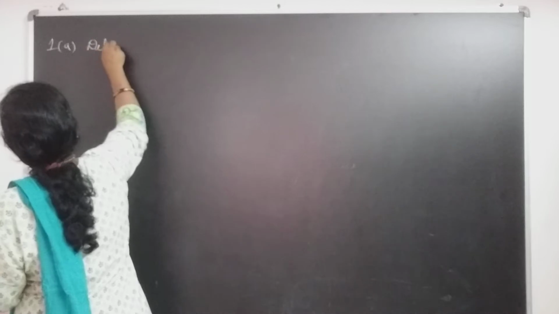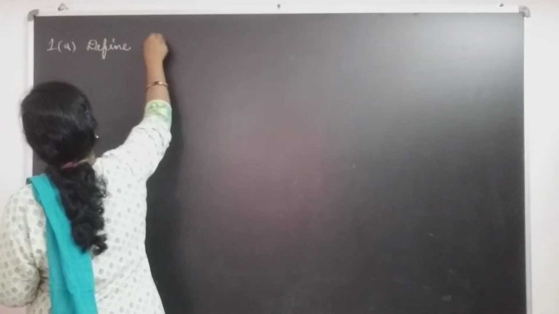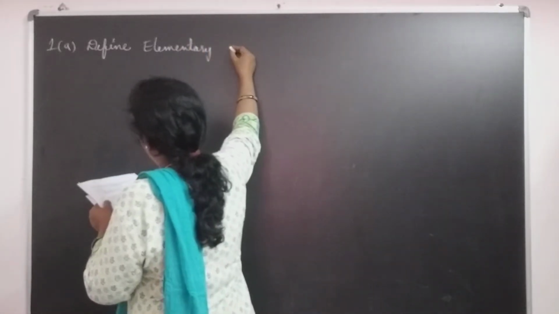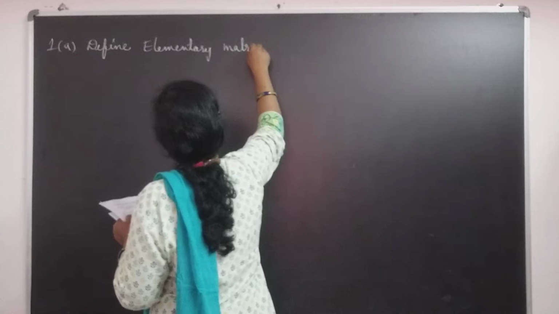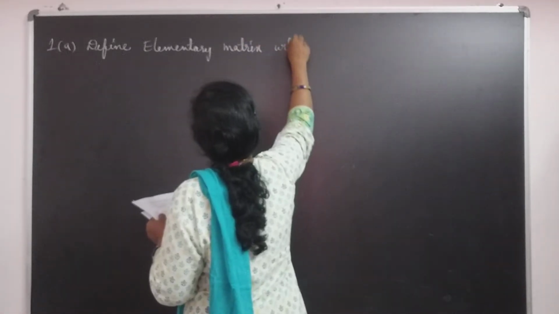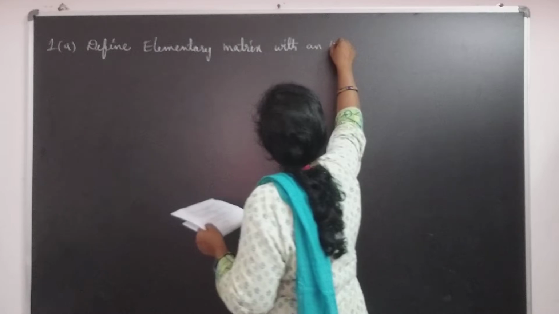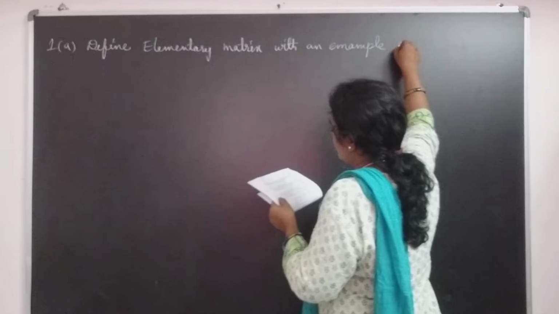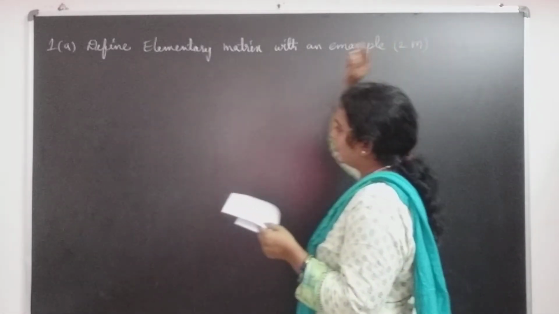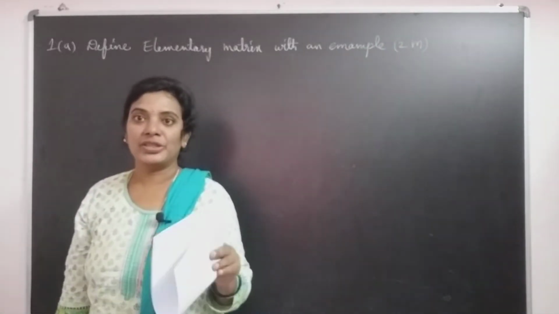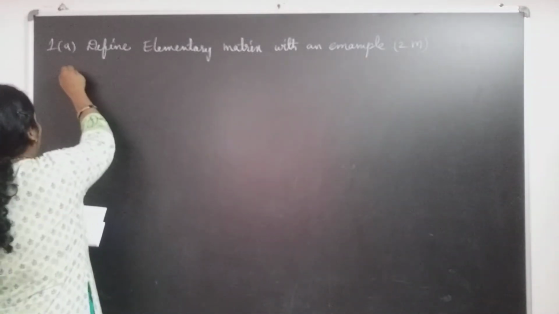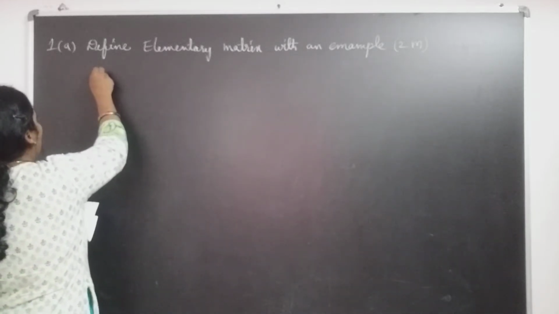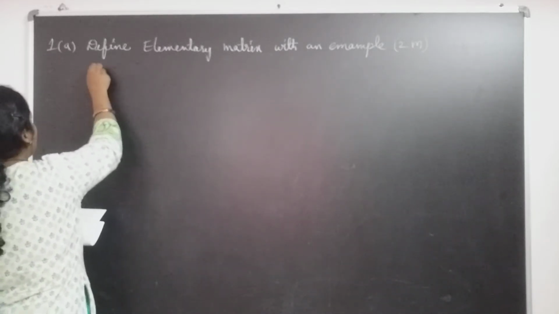Define elementary matrix with an example. It carries 2 marks: the example carries 1 mark and the definition is 1 mark. Okay. The definition of the elementary matrix with an example means the set of elements a system has